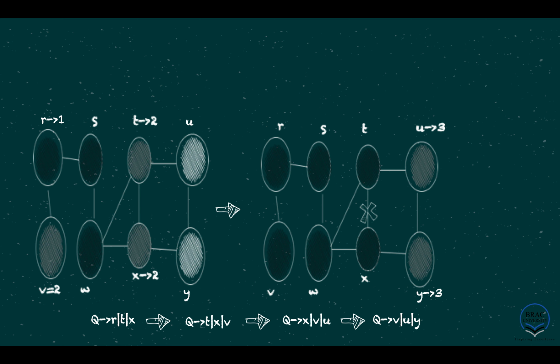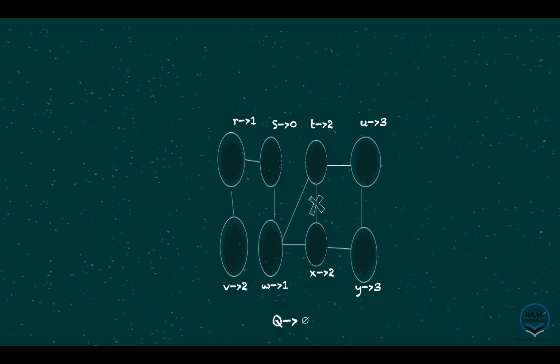And as we have finished traversing T and X, we have colored them black. We will not be going from T to X because it was gray. That means this node was already visited. Similarly, from X to T we cannot visit because T was colored gray. That means this vertex was already visited. Now we can only go to U and Y, and we can color T and X black.